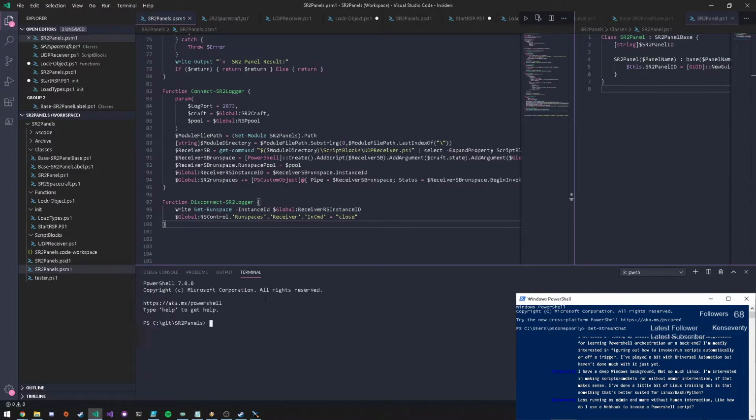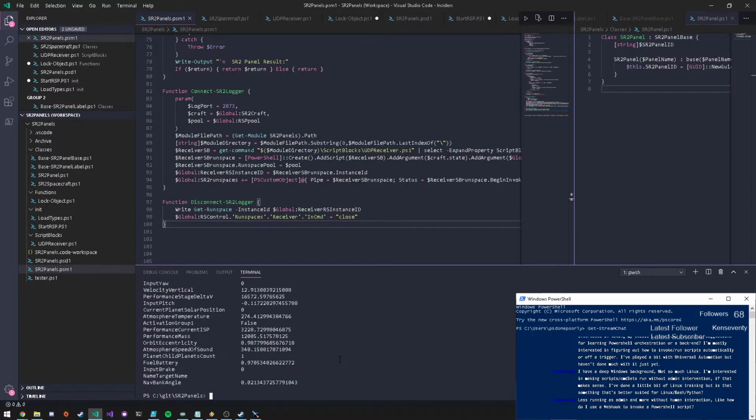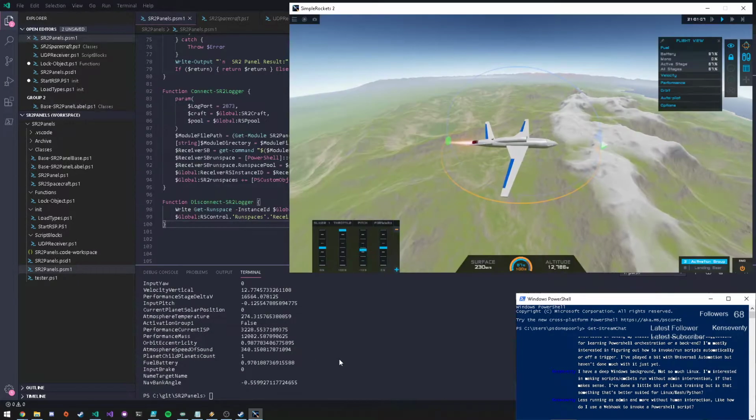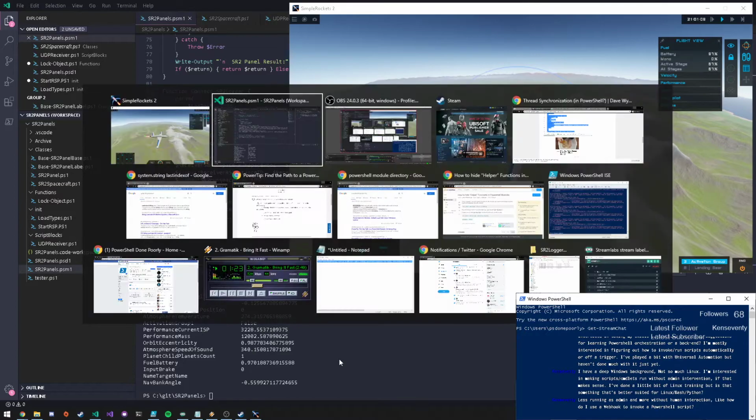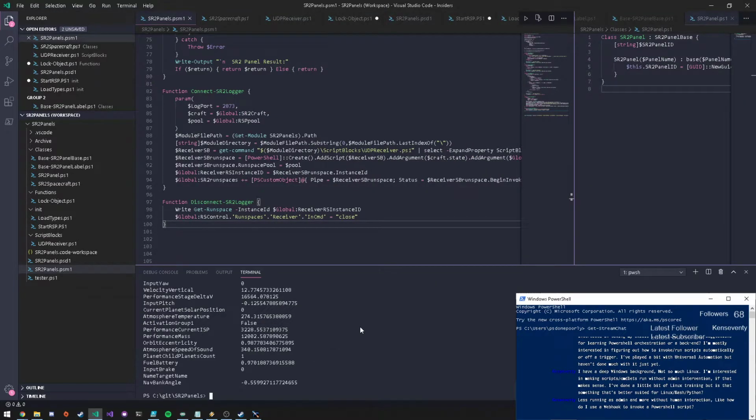We'll start up a new one, close up our others, re-imports. Okay, and connect. SR2 craft.state. Whoa, looks like we're going crazy. Okay, no, not too bad. Okay, so that's working. Now, if we do our disconnect,